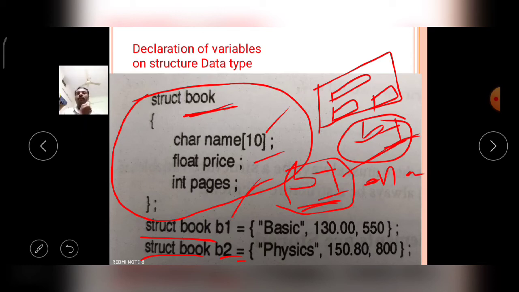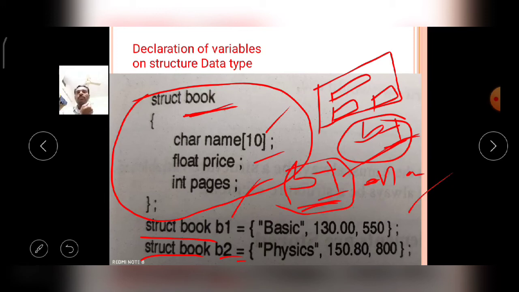Okay, now I'm declaring like that: the B1 and B2 variables are declared. Here, directly in the declaration part only, I am assigning the values. B1 is assigned, in the curly braces, first one is basic, second one is 130 rupees, third one is 550.